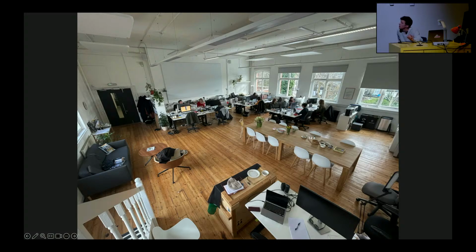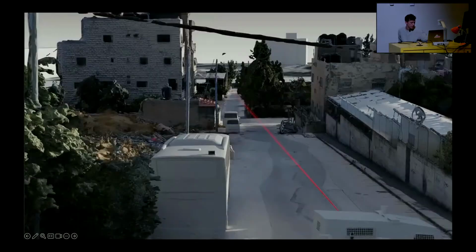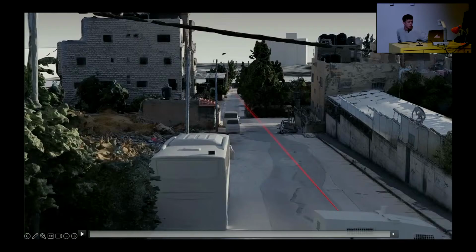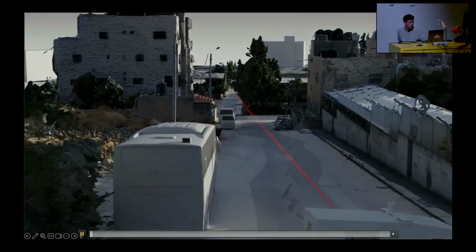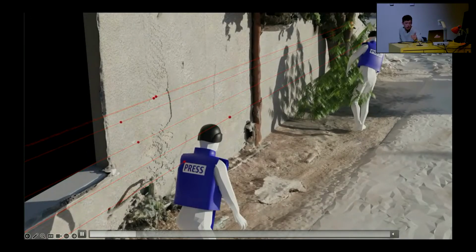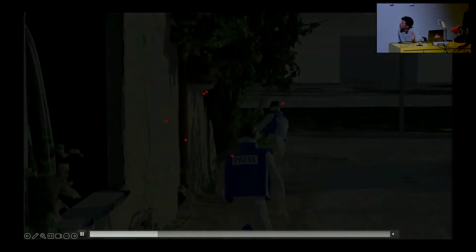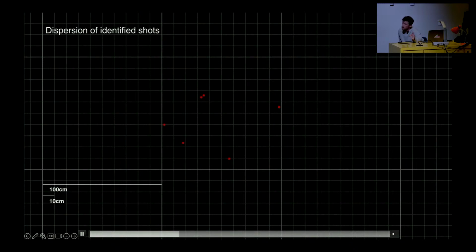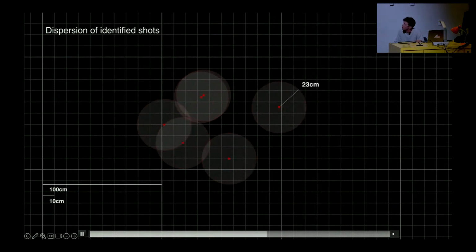I want to talk in detail about, I think, 3 or 4 of them today. And I'll just give you a little kind of map of what some of these projects look like. So you see here a scene from our work on the execution of Shireen Abu Akleh, the Palestinian-American journalist. This is work which is now with the International Criminal Court. As we'll talk about, we are always keen to orient our work